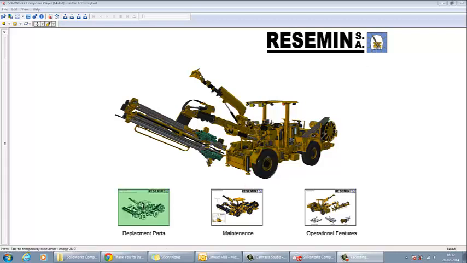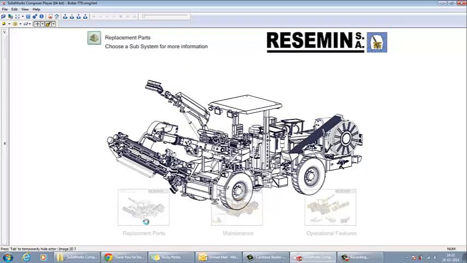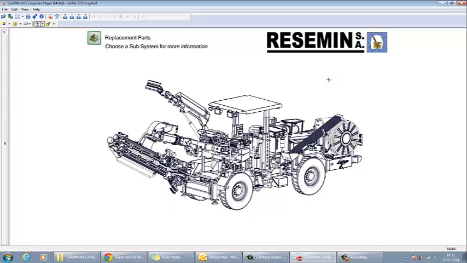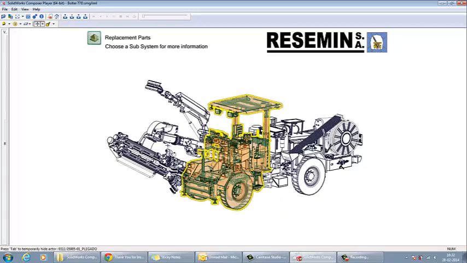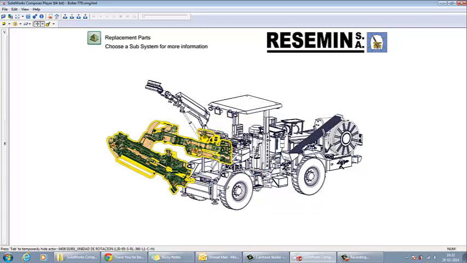So if I log on to my company's website, I have this option which says replacement parts. Now I know where my part exactly lies, as in which subassembly my part lies in. So over here you can see there are different subassemblies altogether. Now the subassembly I'm interested in is this part, the drill head assembly. So if I click on that assembly, it gives me an explored view of all the subassemblies within that particular subassembly.